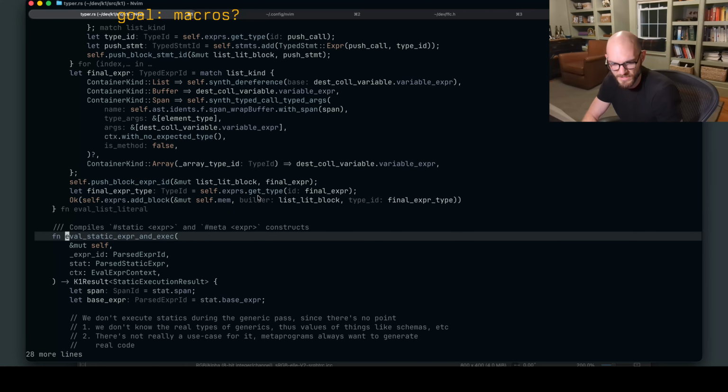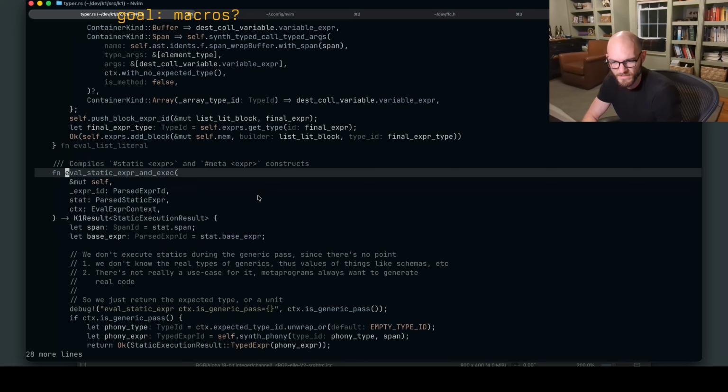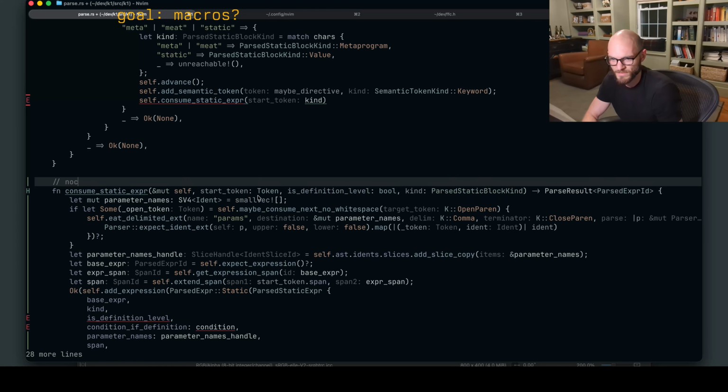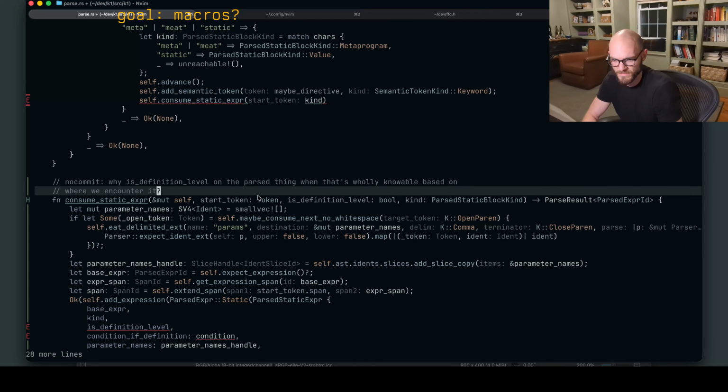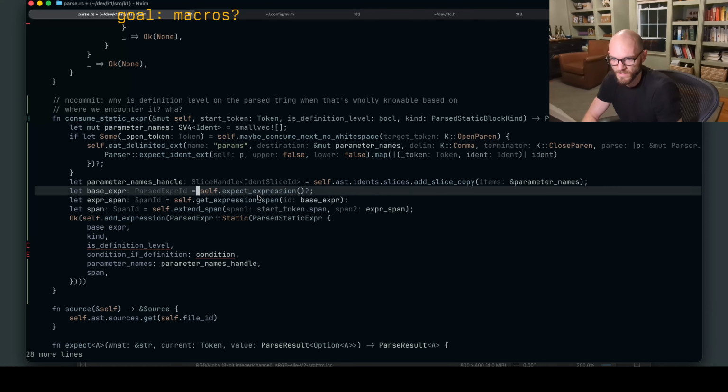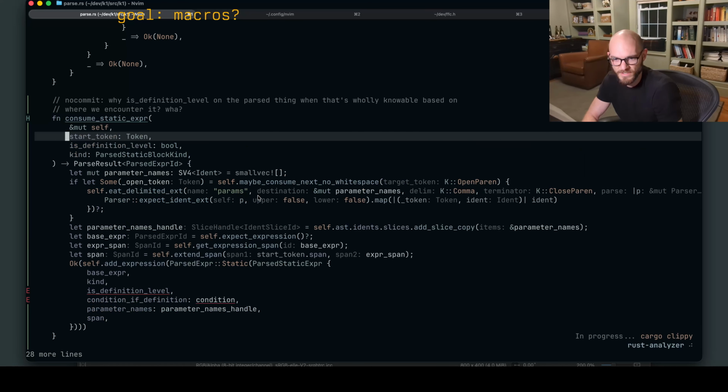We could just tell this thing whether it's a definition or not. I think this is bad. I had no commit. Why is definition level on the parsed thing, and that's wholly knowable based on where we encounter it? What? Condition, oh my gosh, this is bad.